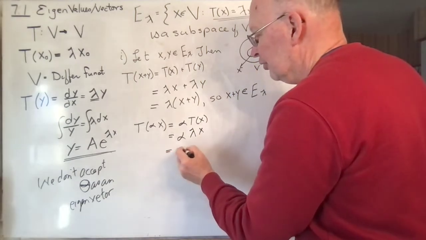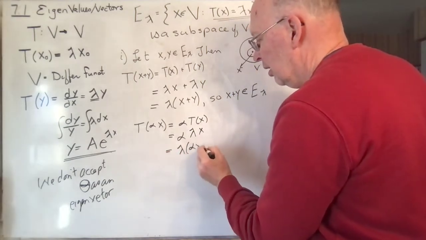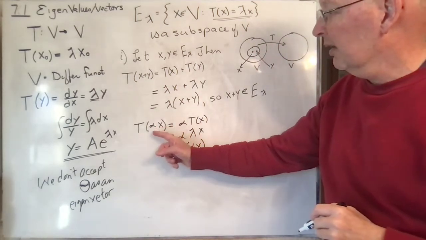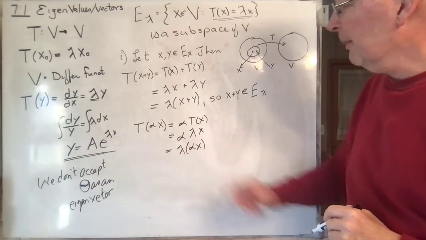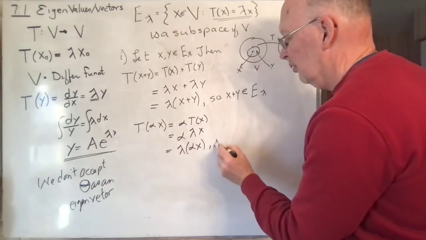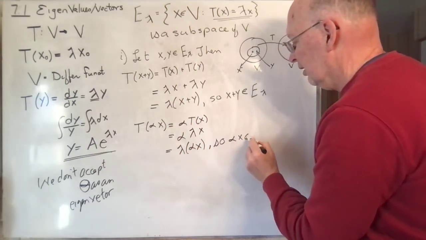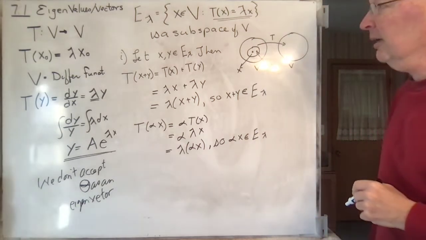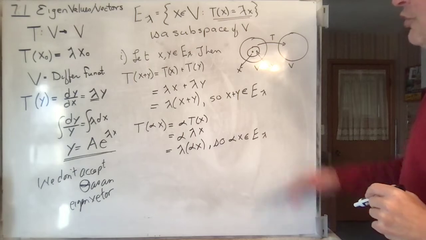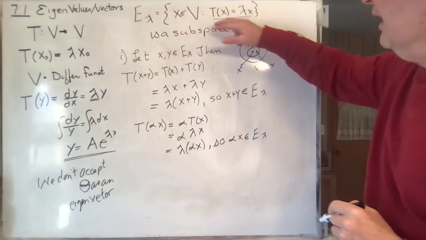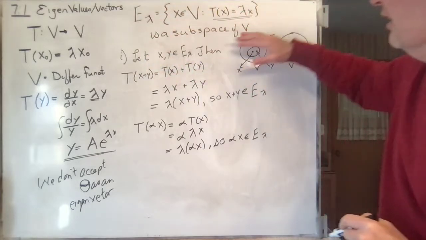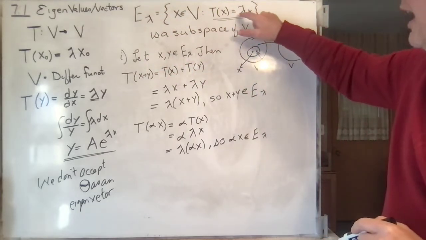And that is equal to that. And so now I've just shown that T of alpha x is equal to lambda of alpha x. So alpha x is in there. Okay? So we've just shown that given any eigenvalue, the collection of all the eigenvectors